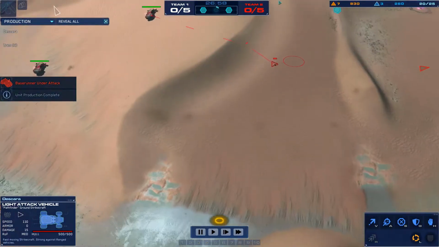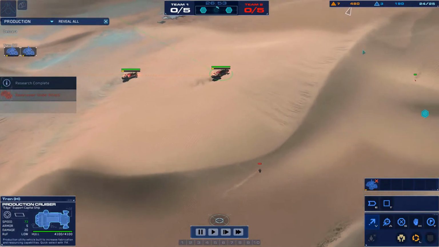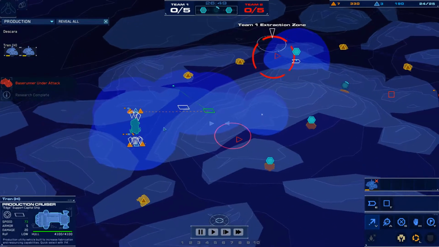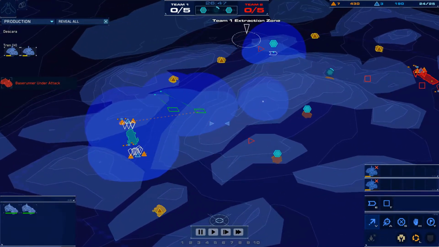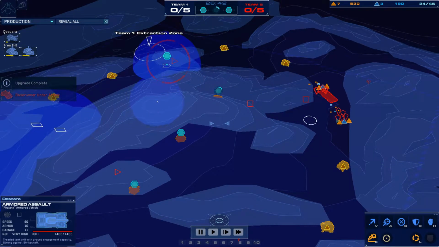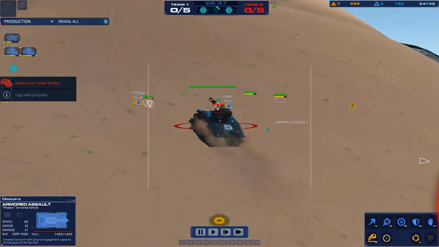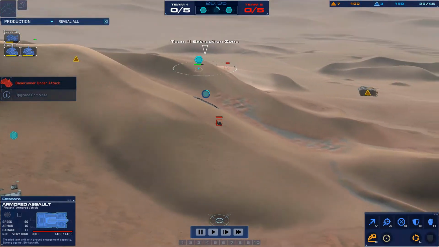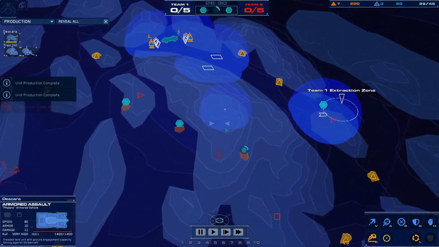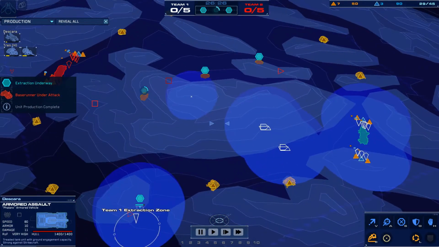And Descara spots that one production cruiser way out of position, or rather in a forward position. So Descara should be aware now that Tren is going to be aggressive with those production cruisers. Descara already has 2 AAVs out on the field, moving up this huge dune. Looks like Descara might just move them across the map into Tren's main and try to dish out as much